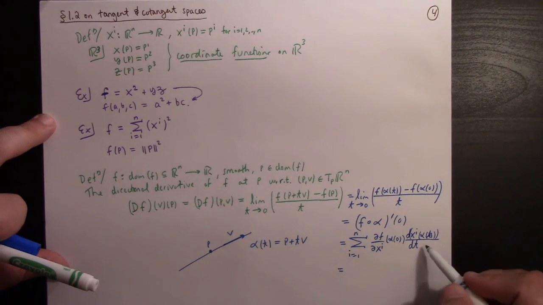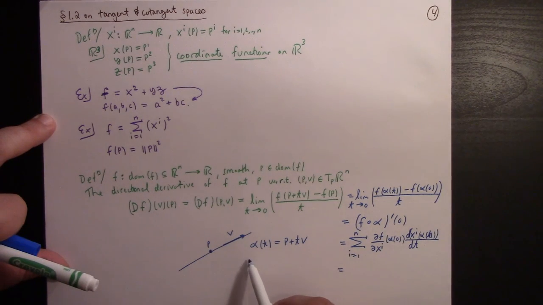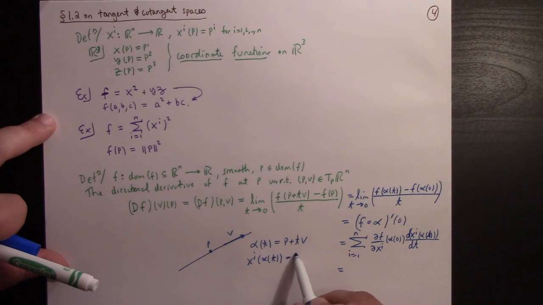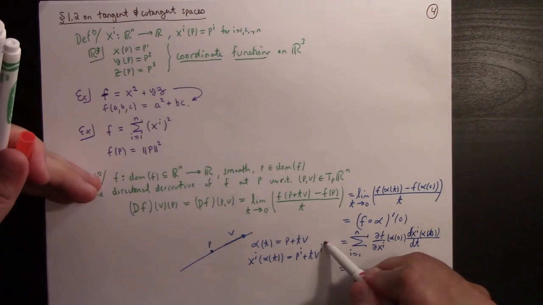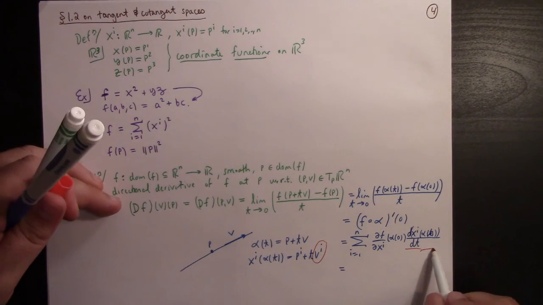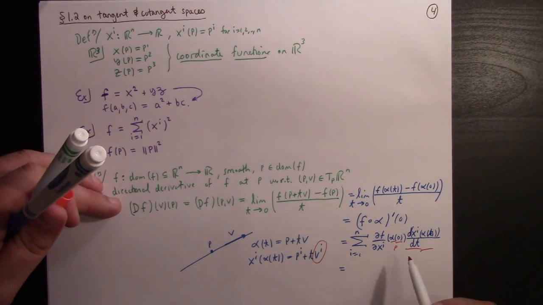That's exactly, what is that? That's, you know, x upper i of alpha of t. Well, that's just p upper i plus t v i. So if you differentiate that with respect to time, it just selects the ith component of the vector, right? It just picks off this piece right here. So this just differentiates to p v i, and of course this here is p. So what we get is